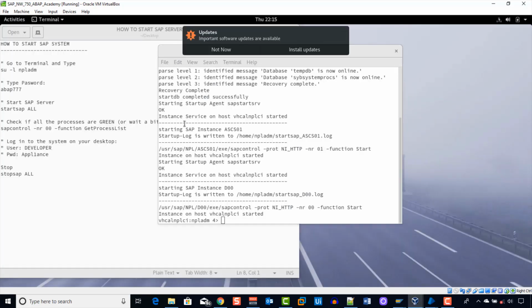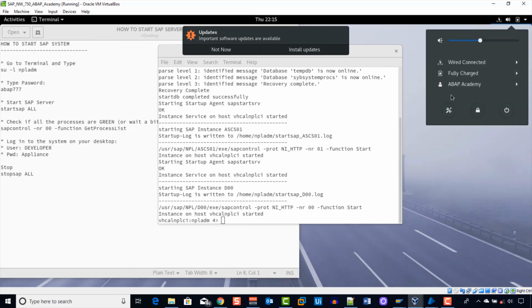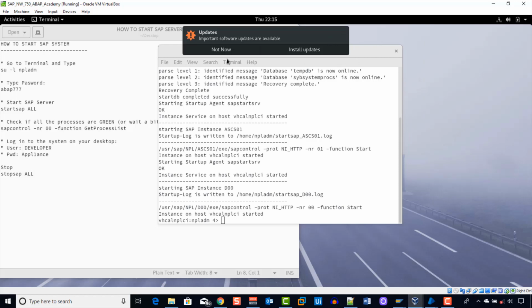And then you'll be able to get back to your screen. And if you ever want to lock it, you can just come here and click the lock button, and you can also power off from there. Okay, so one more thing, if you ever want to shut down your server, this is what you have to